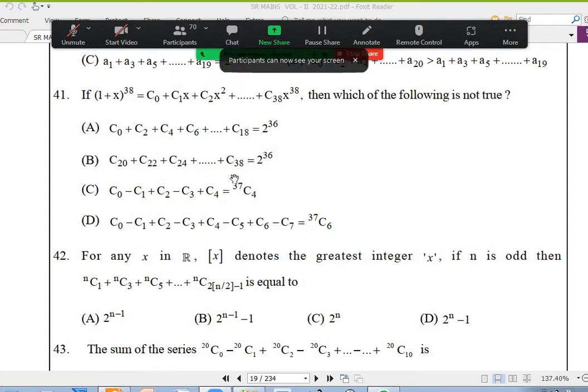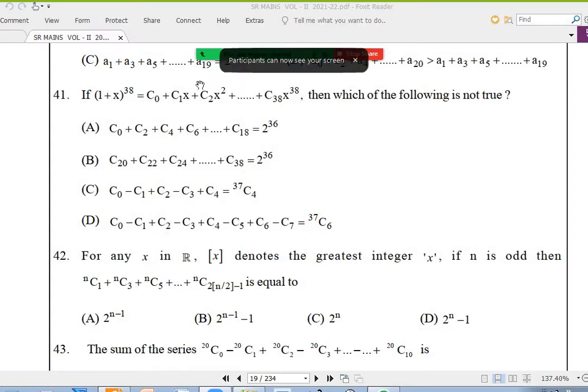Okay, that is A and B are based on that, whereas C and D are not exactly related to the question. And about C, I gave this question earlier, almost similar. Anybody want to give an explanation how option C is right? Of option A and B, everybody clear, right? We know the total series, in that only even and only odd, and within even, first half and second half are equal or symmetrical.